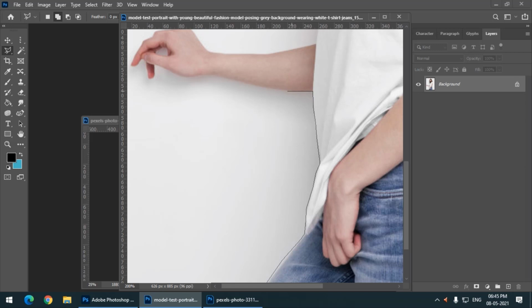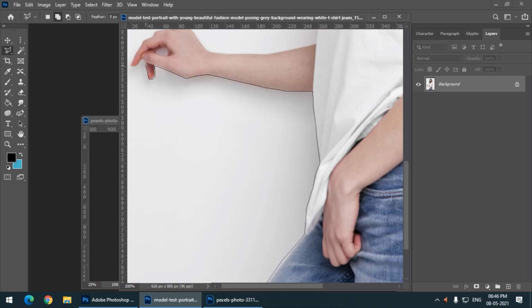You can simply click, and let's say by mistake we make a wrong selection, then we can press the backspace key, which will remove a point that we have created by clicking. So left click to add a point and backspace to remove a point.